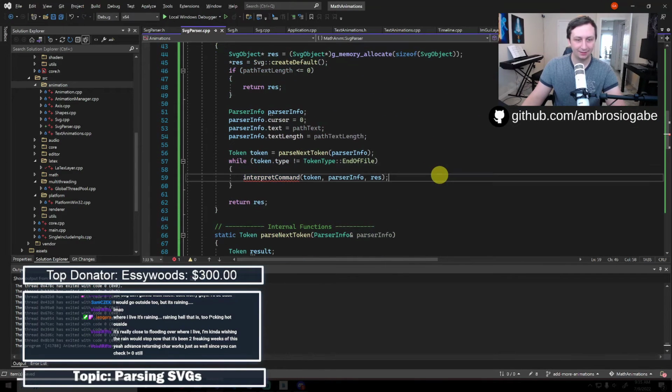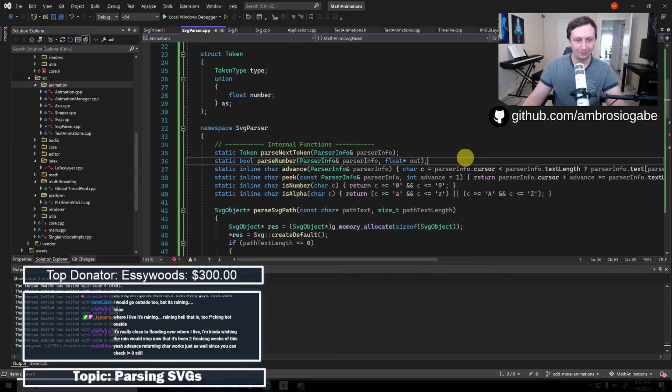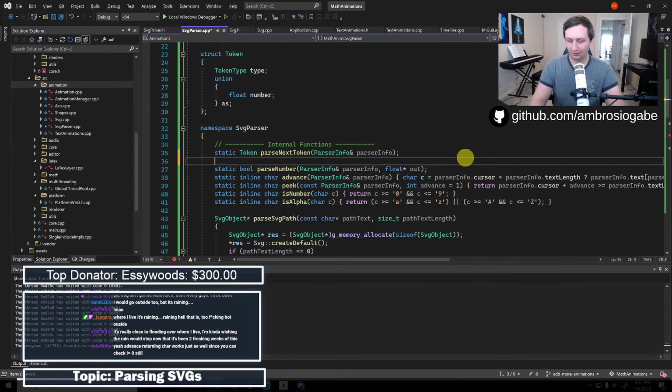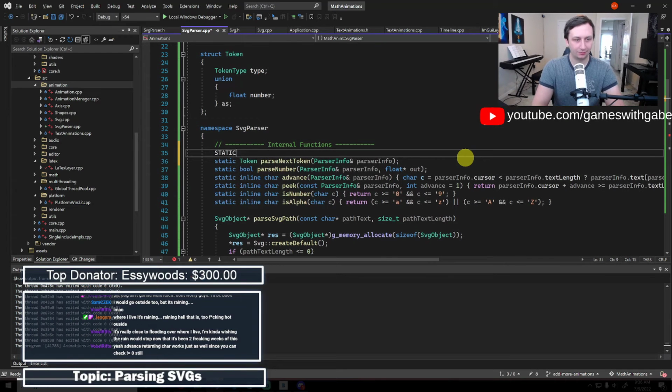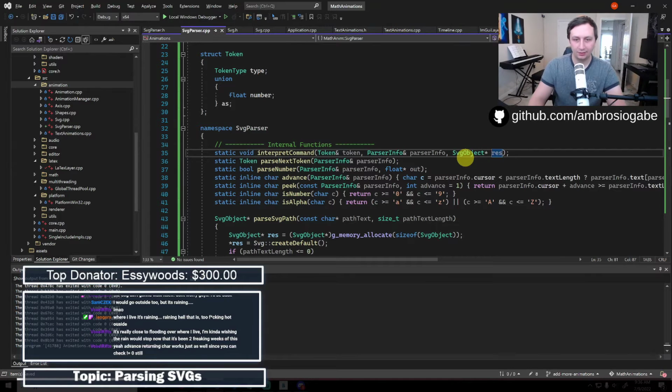And this will take in, let's just copy that. So we have parse next token, and I also need to implement that number thing, which we'll get to eventually. Static. That. Okay. This will take in a token ref. It will take in a parser info ref. And it will take an SVG object star. Could do a ref, but it doesn't really matter. So